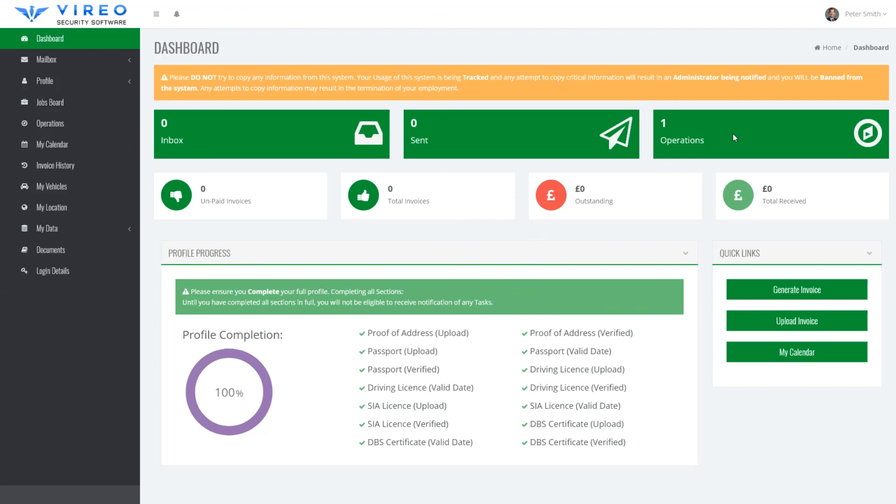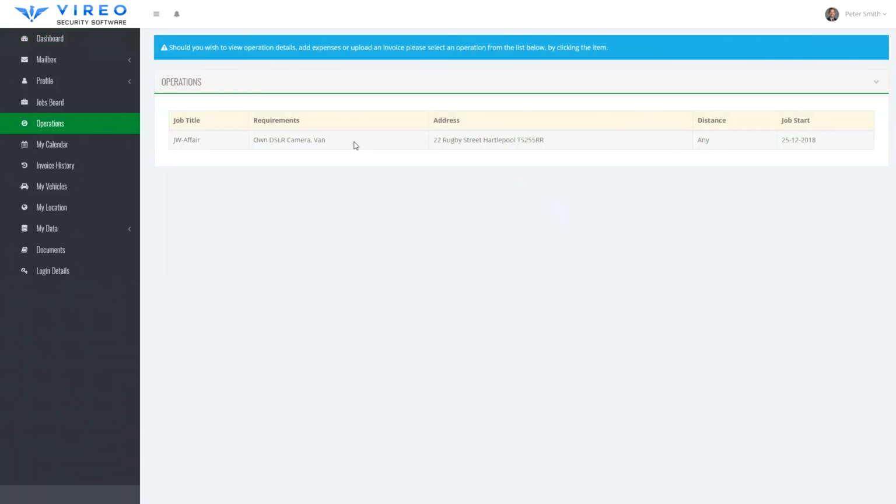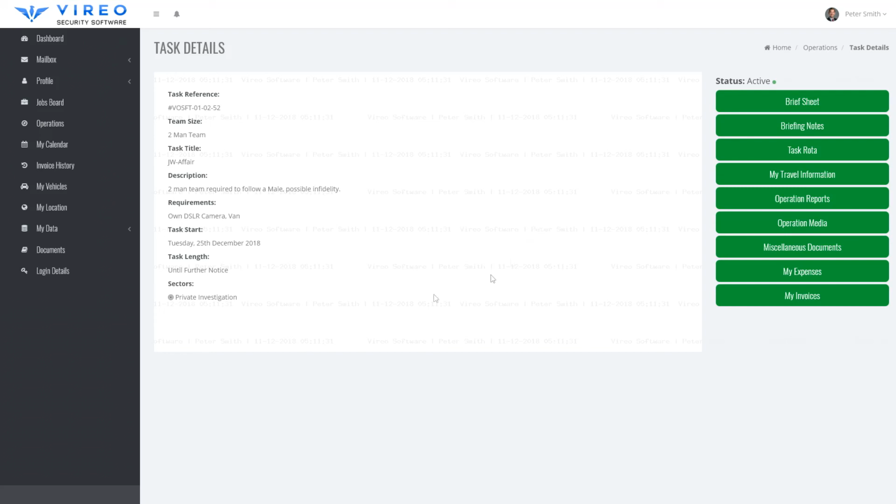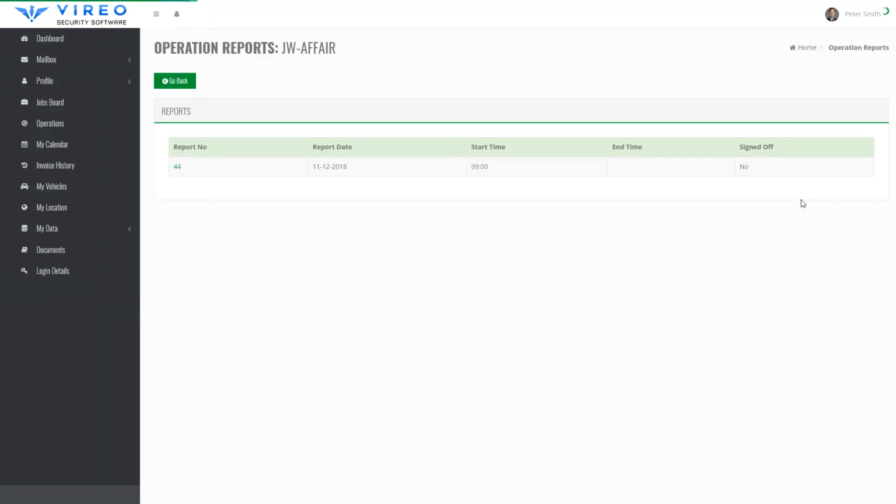Now if we go back to the operations, and into the operation again, you can see the employee gets access to the task details, like we say, the brief sheet, any briefing notes, the task rota, any travel information, operation reports. They can upload images and videos to the operation, view any miscellaneous documents, add any expenses, and add any invoices to the operation. So Peter Smith's going to generate a report, so we click Operation Reports, and you can